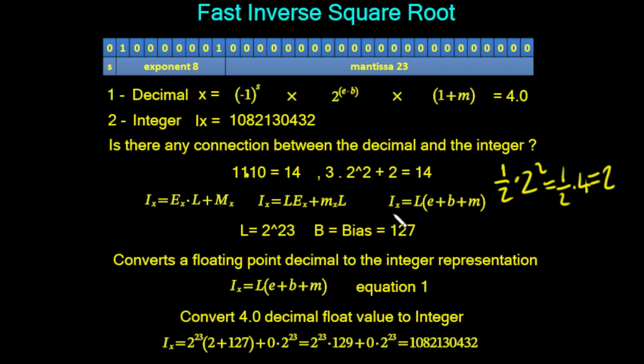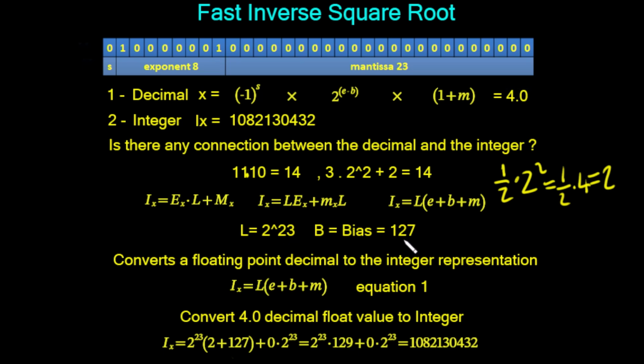So it means that we can rewrite this Ix is equal to L(e plus b plus m). Now, whenever we do our 32-bit number, the value for our L is going to be 2 to the 23, because we've got 23 bits for the mantissa. Now, the bias in our 32-bit representation is a number 127. So again, in the 16-bit, these values are going to be different,